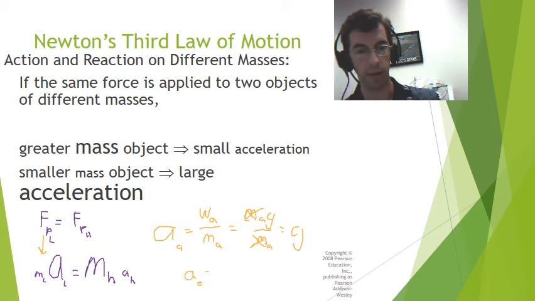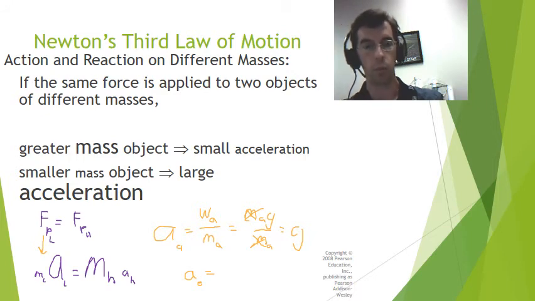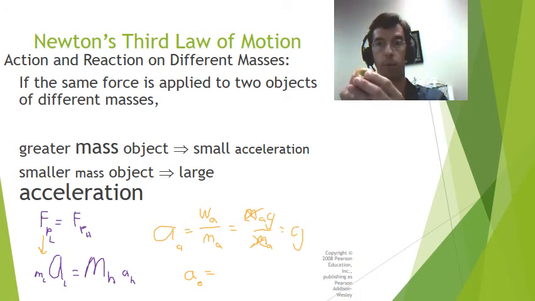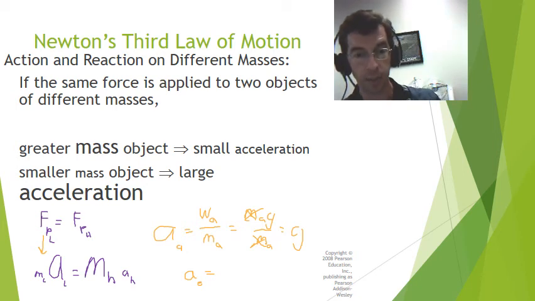Put a with a little e there. Let's see, the force is the force of the apple acting on the Earth, which is the same, remember, for Newton's third law, for every action there's an equal and opposite reaction. So the force that the Earth pulls on the apple with, downward, which we call the weight of the apple, must be equal and opposite in direction to the force of the apple acting on the Earth. So it turns out that my numerator here, the net force acting on the Earth, is still the same. It's essentially the weight of the apple